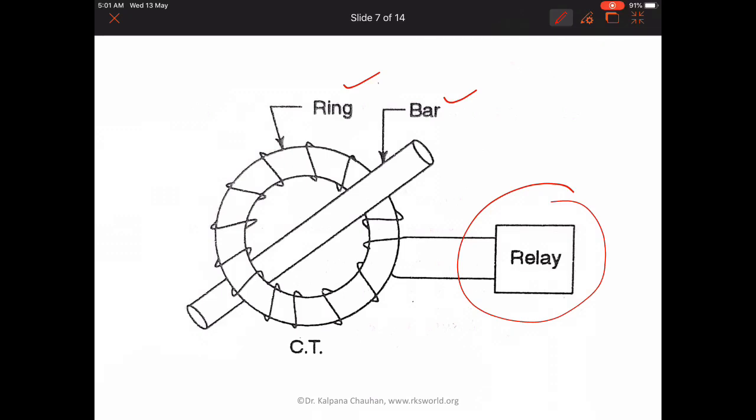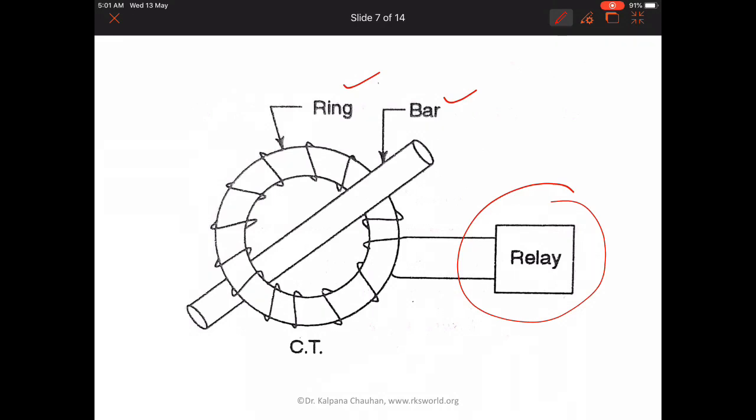In a bar primary CT, the primary is a straight conductor which is part of the power system. Here, this is the straight conductor. In this type of CT, the primary does not necessarily form a part of the CT. The secondary has a ring type iron core, with the winding wound uniformly over the entire periphery. This type of construction has negligible leakage flux of both primary and secondary. Hence, it possesses a low reactance.